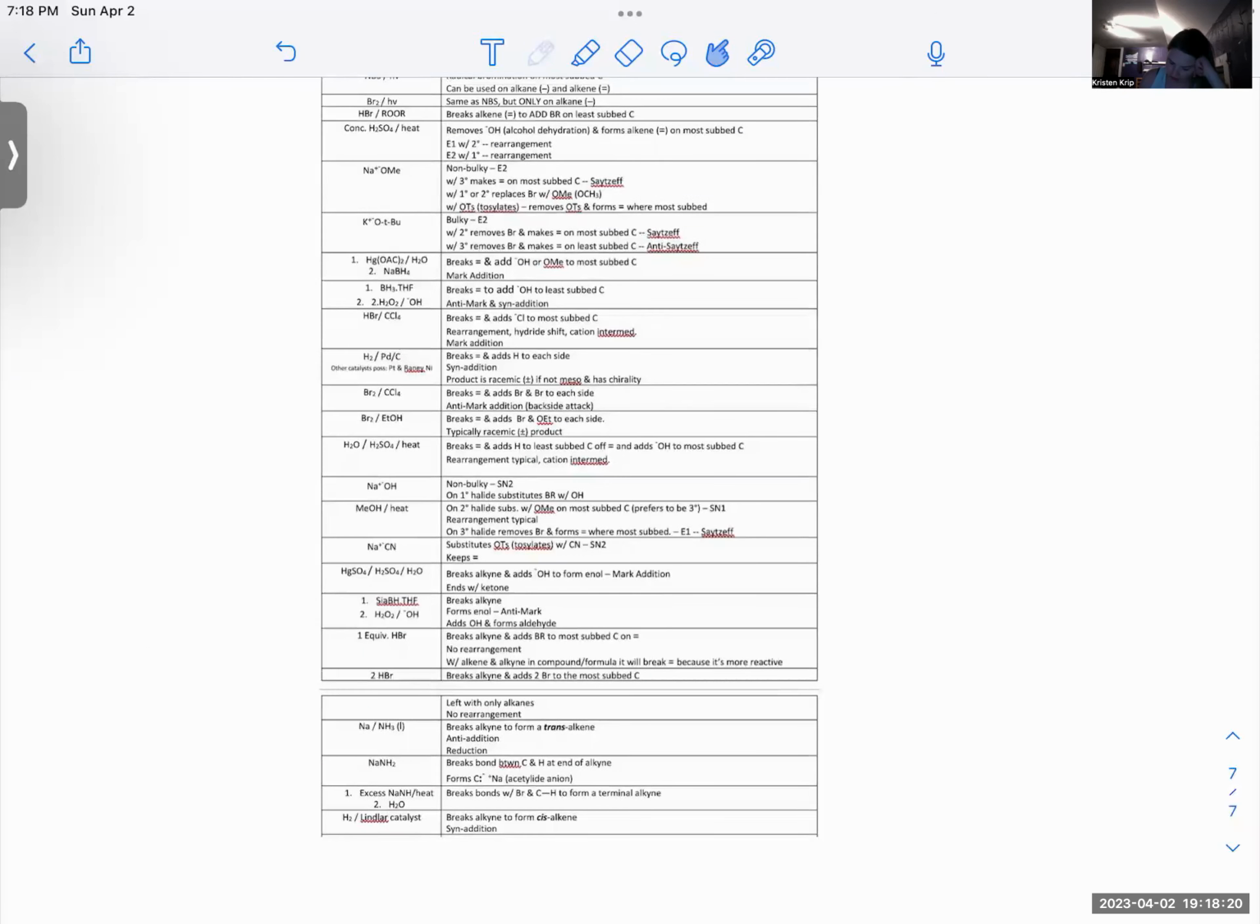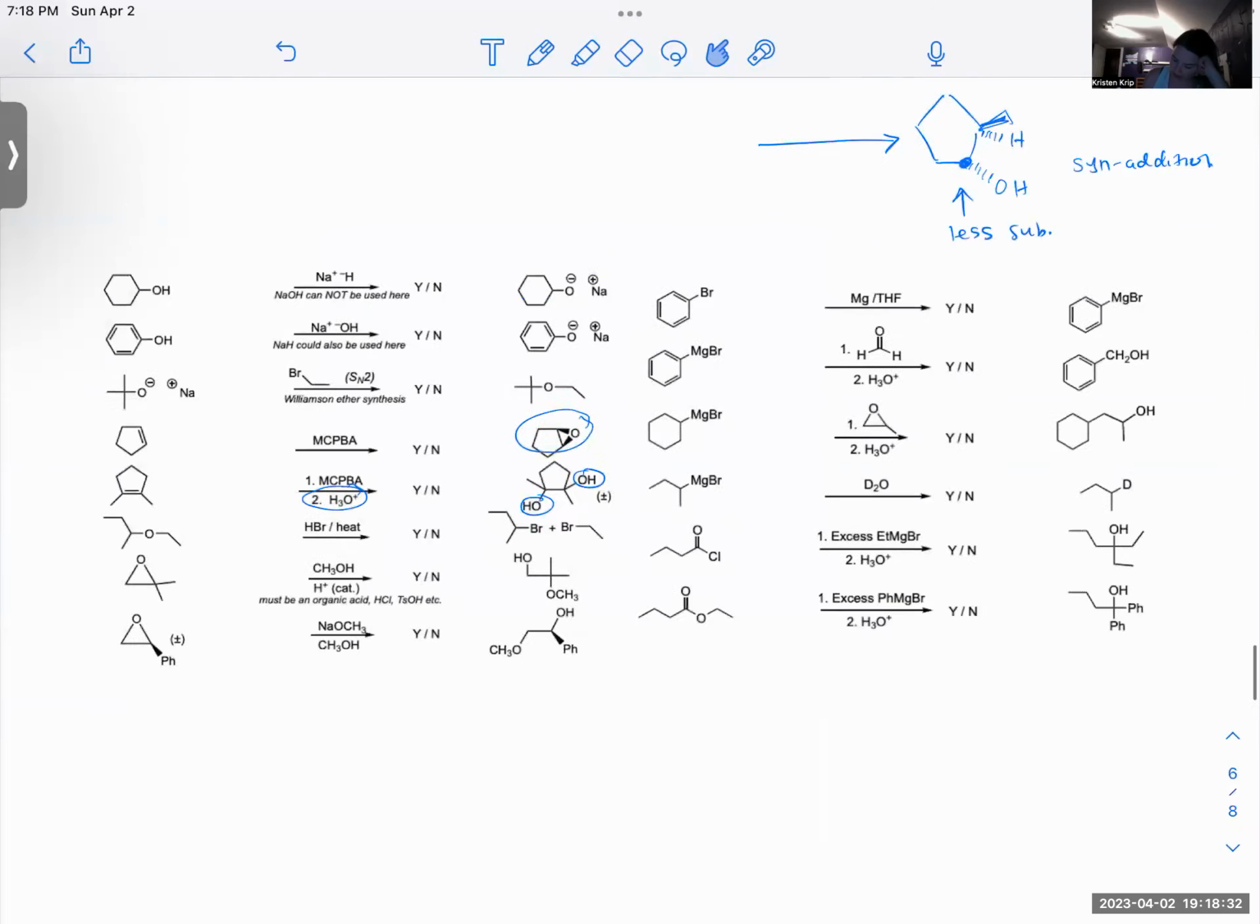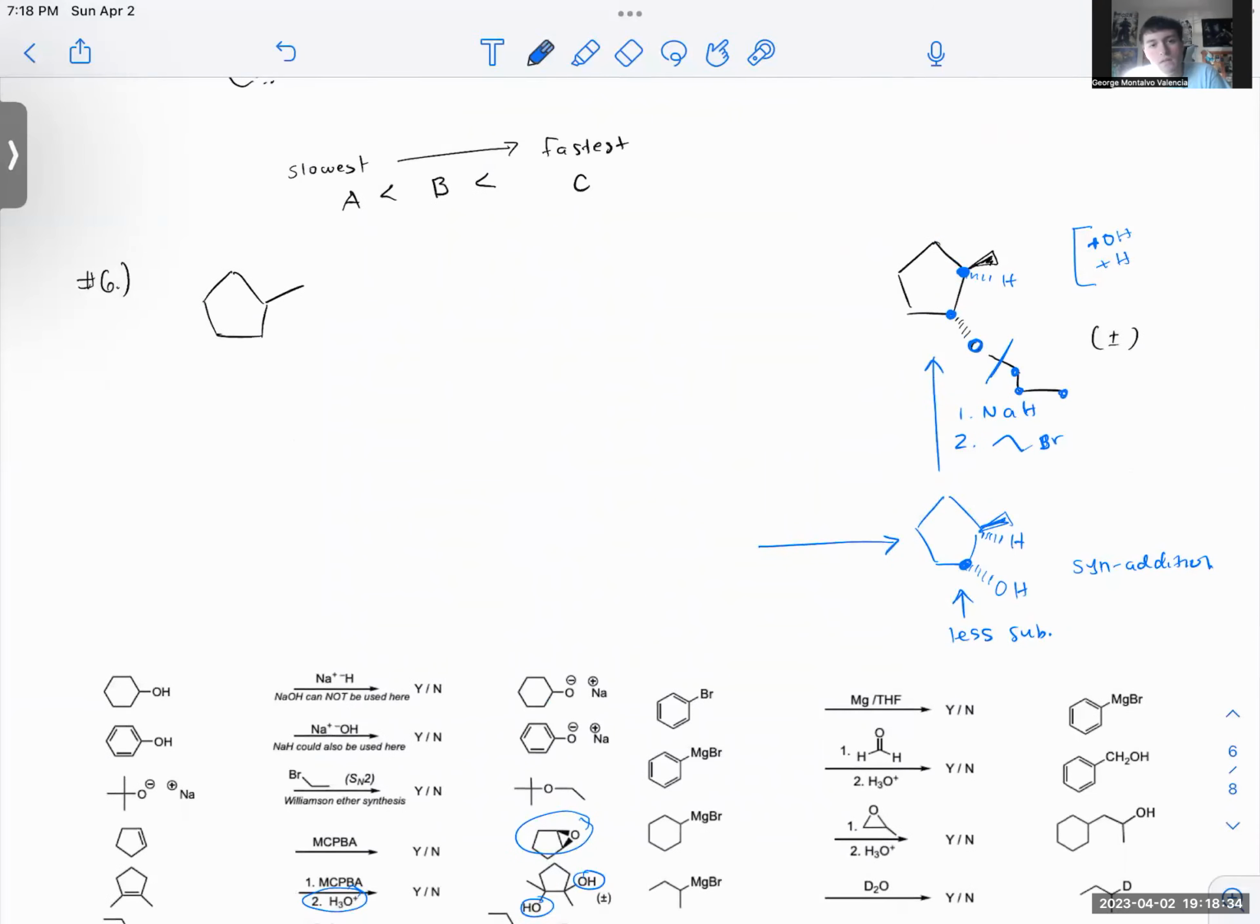Yeah, here we go. Anti-Markovnikov and syn addition, right? It adds an OH to the least substituted carbon. That means it's adding a hydrogen to the other side, right? Right. So this was probably